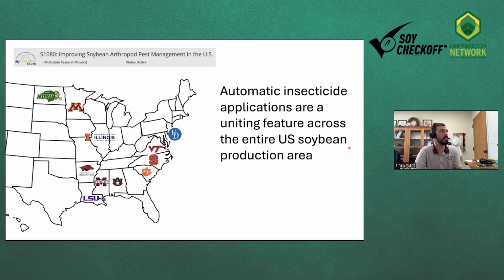So I mentioned this working group. The S1080 is the Improving Soybean Arthropod Pest Management in the U.S. National Multi-State Working Group, and it encompasses soybean specialists throughout the U.S. And we have an annual meeting every year where we kind of give updates on what's going on in our